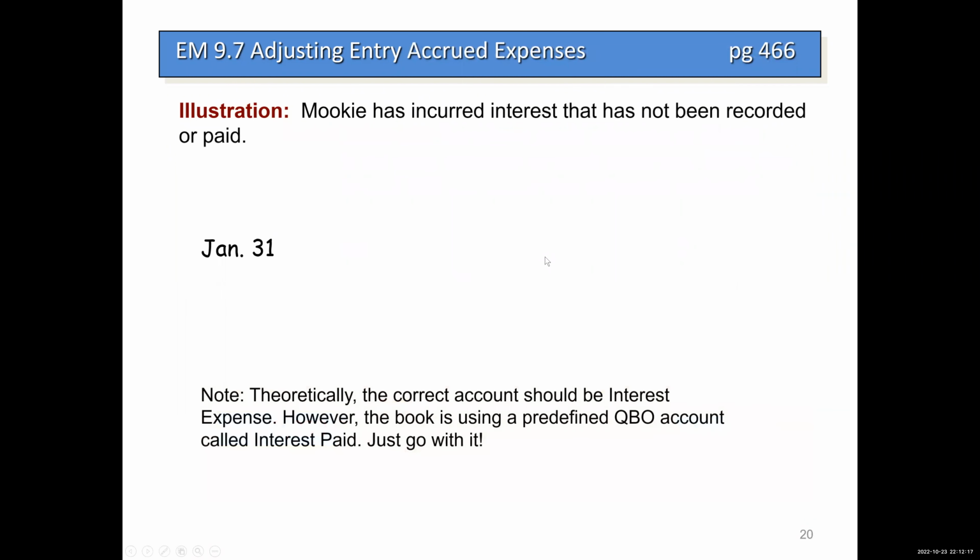Mookie has incurred interest that has not been recorded or paid. I'm just going to share the entry with you. This is what you're going to put. Debit interest paid, $5. Credit interest payable, $5. That's going to be the answer. I'm giving you the answer. But the thing is,